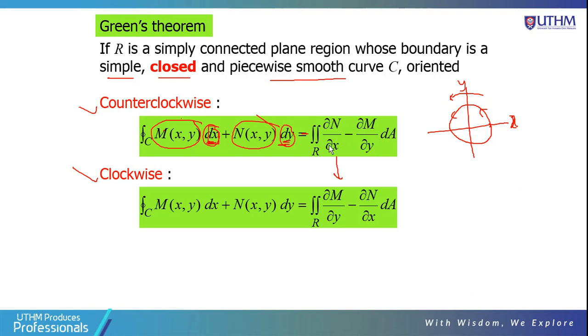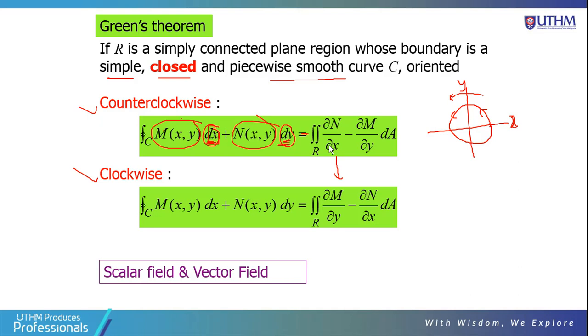Let's do some examples. This can be applied to a scalar field and also to a vector field. For a scalar field it's easier, because it is given directly in terms of the scalar field, and then you just use the formula and solve the line integral using Green's theorem. Let's do an example: use Green's theorem to evaluate